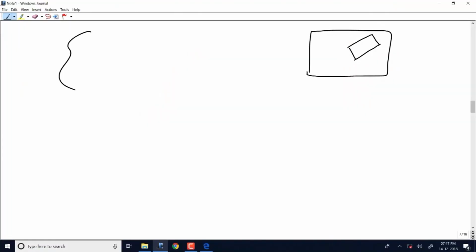Suppose you have a pancake or dosa or something, or a cake of irregular shape. Suppose you want to cut it so that either the area is equal on both sides, or the volume is equal on both sides, or let's say the weight is equal. One of them you can take into account. So can you place the knife in such a way that you get two equal pieces? This could be slightly more general than these rectangular pieces on the top. So we consider this to be the irregular shaped pancake. Correct.